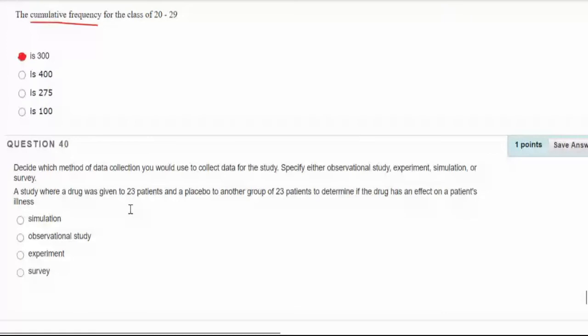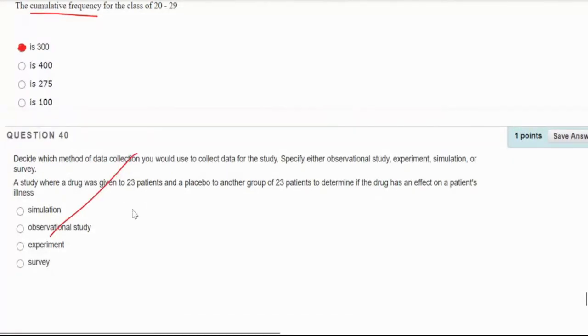Okay, and then the last question, leave that out. This we didn't do in class. So you're not going to get any questions similar to this in the test. Okay, so that's it for the review package. You're going to have similar